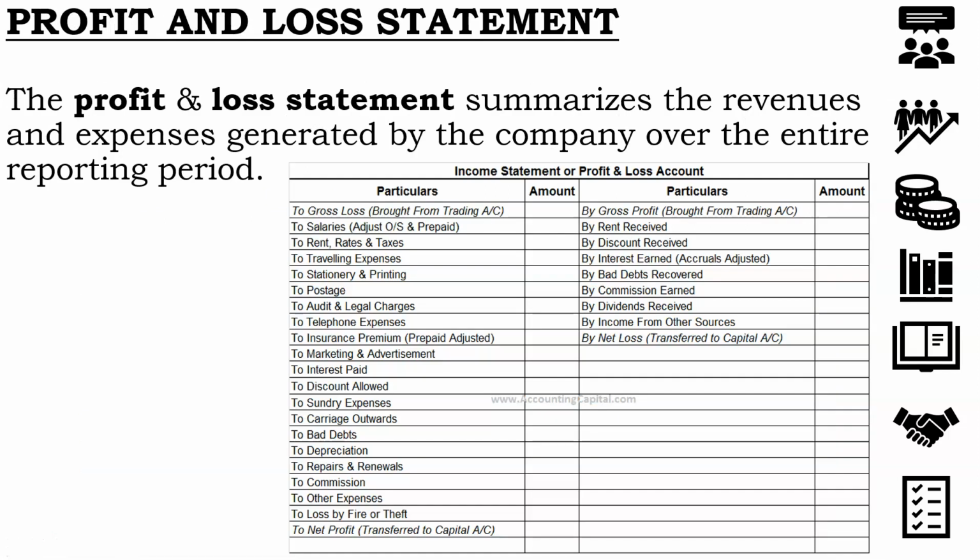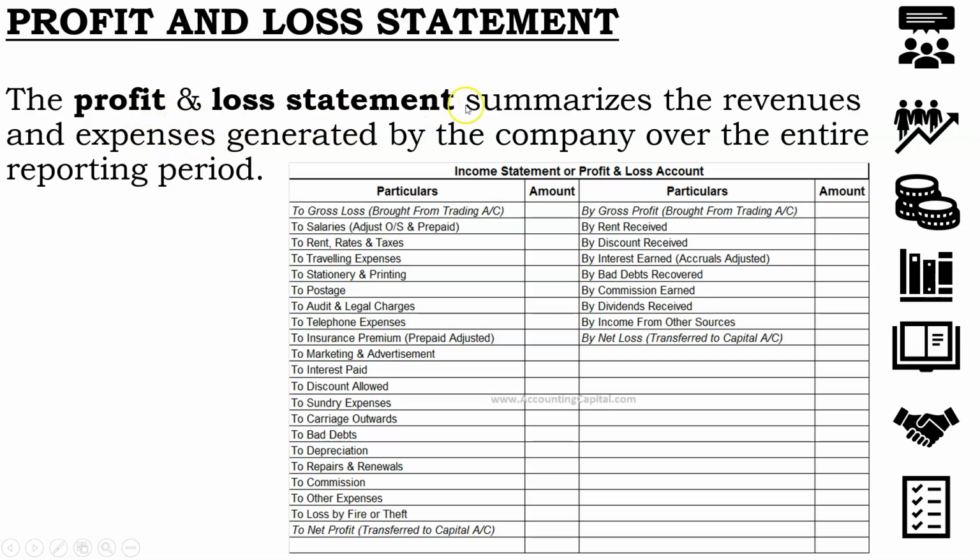Next, before preparing the balance sheet, we prepare the profit and loss statement or the profit and loss account. First, let us talk about the draft of income statement that I have provided you with. Before this, we also maintain a trading account in which we refer to the gross profit that we have earned. Gross profit is whatever sales we have made and whatever closing stock we have, minus our direct expenses, the cost of goods sold, and the opening stock. These are not important terms right now. We can just have a look at the profit and loss statement.